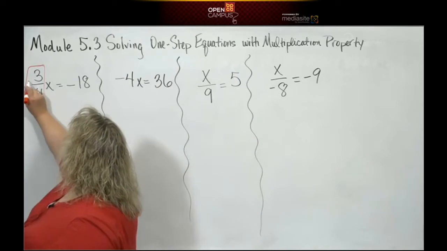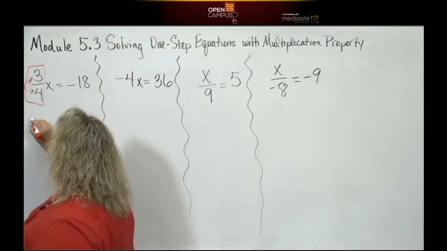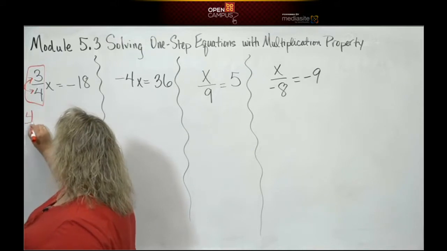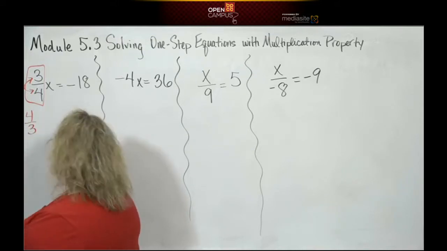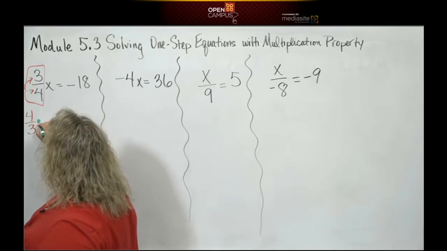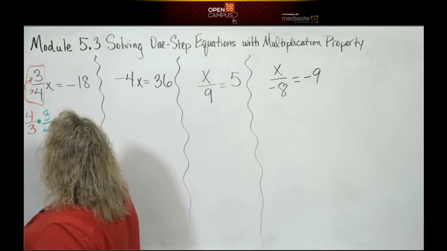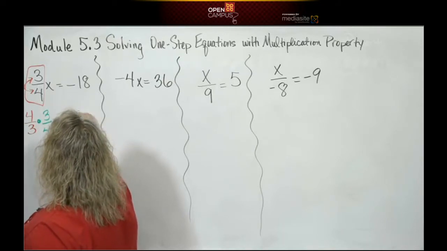I'm going to flip this over, and that gives me 4/3. So now I have 4/3, which is my inverse, and I'm going to multiply that to the original, which was